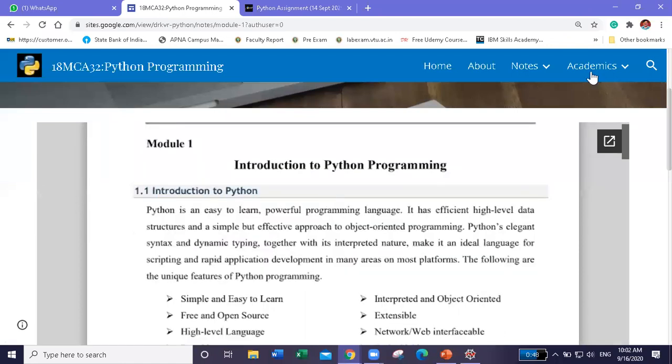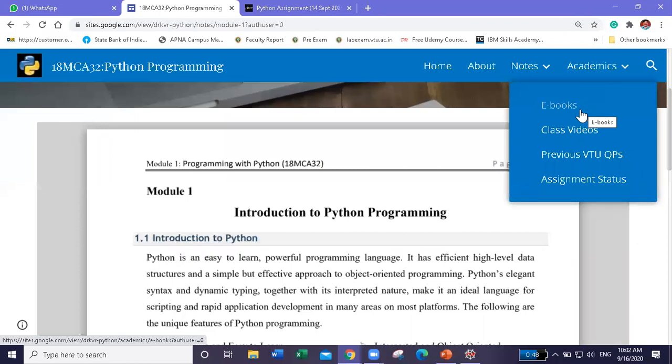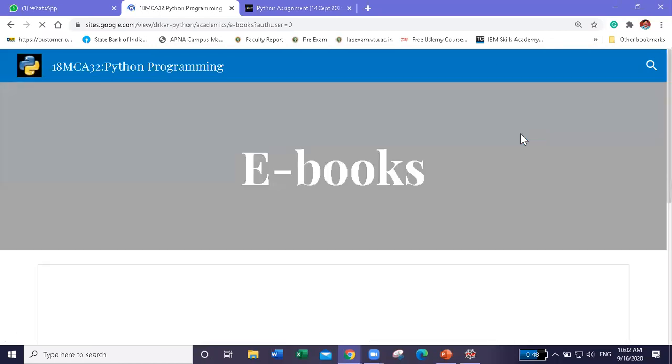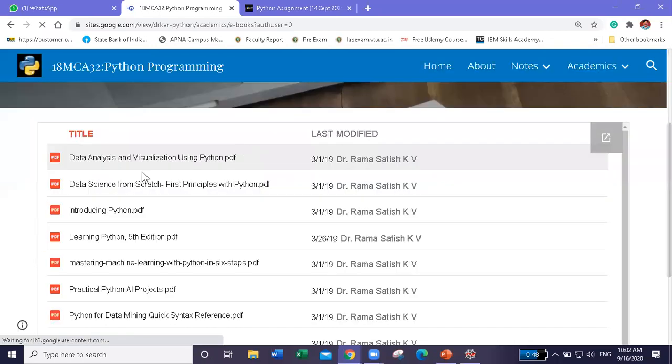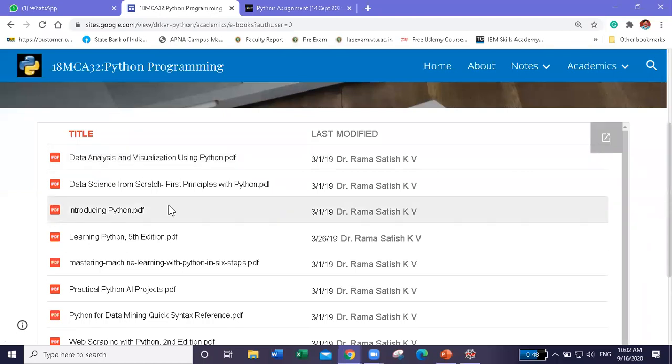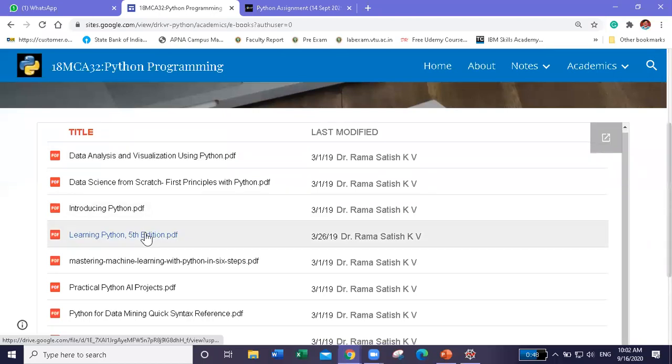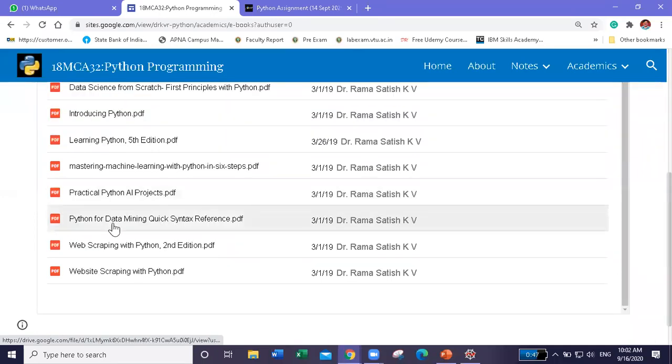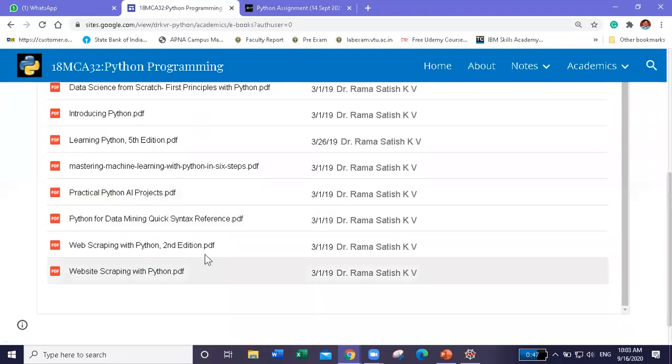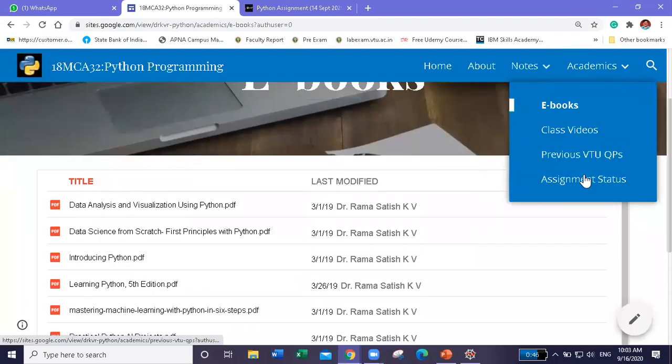Okay, and the ebooks, these are ebooks you don't get anywhere. These are really fantastic ebooks: Data science, Scratch, introduction to Python, learning Python, AI projects in Python. If you can do one or two projects out of this, that's really fantastic. Web scraping, website scraping using Python PDF. And I will be updating the assignment status every day.